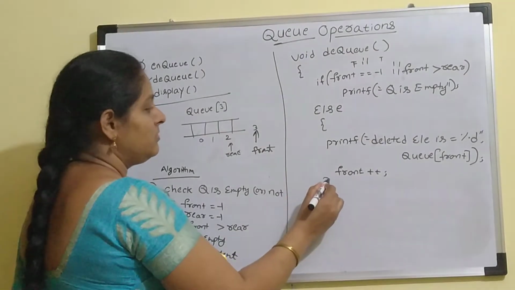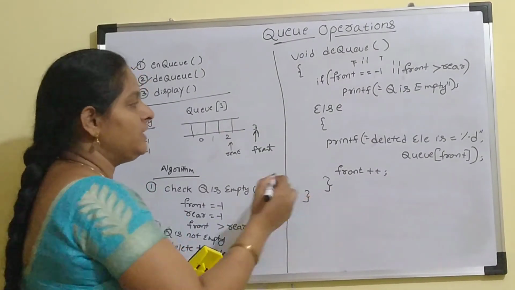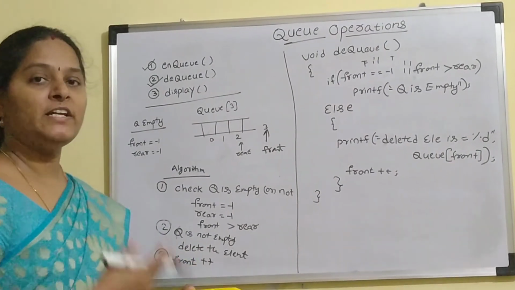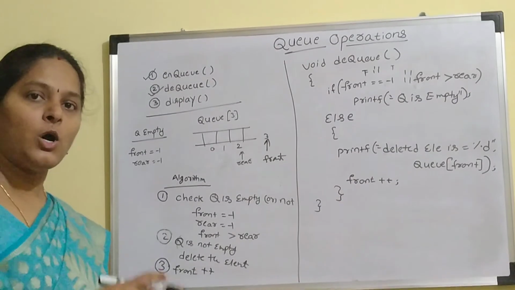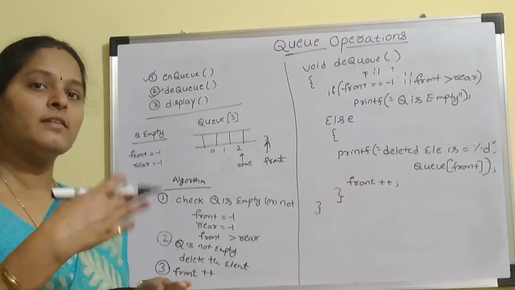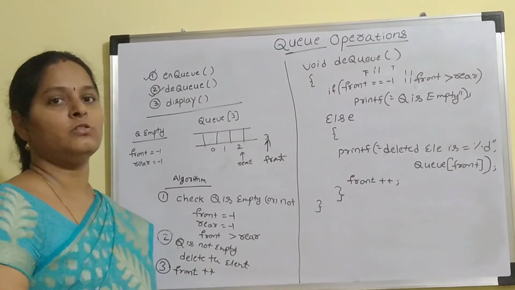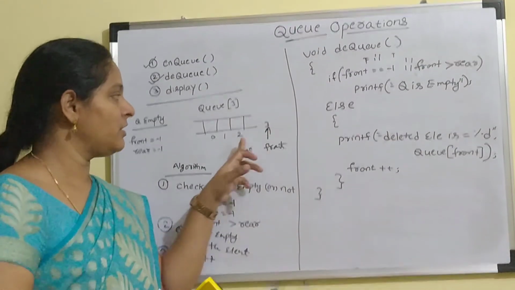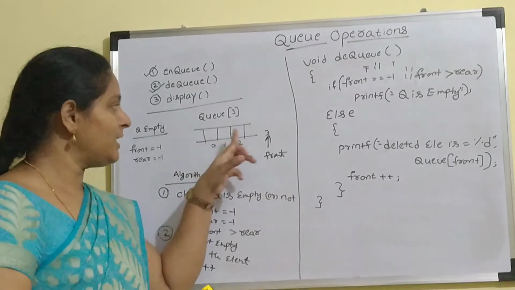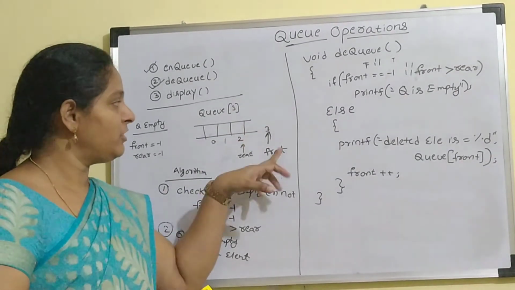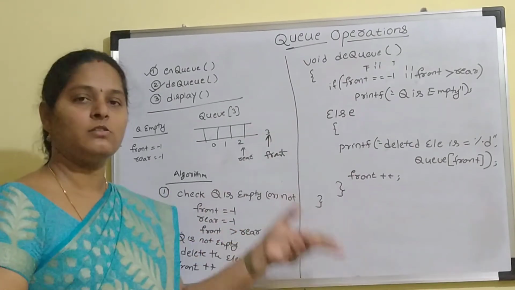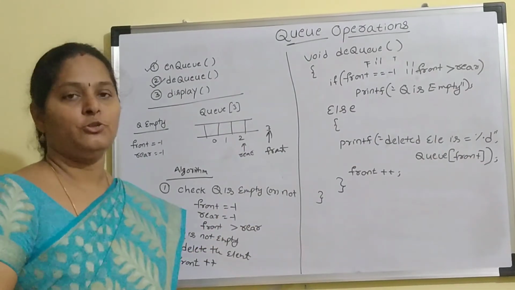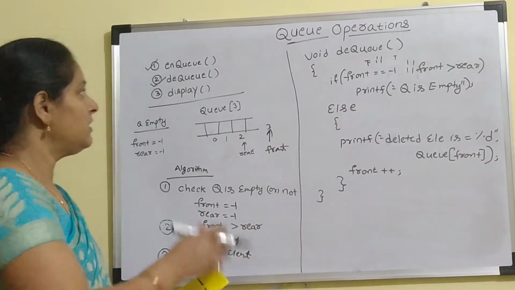Right? Now, so this is the way to delete the elements. So the Q becomes empty whenever the front pointer is -1 or whenever front value is greater than rear value. That situation also we can say as Q is empty. See, in this case, if front value is 3 and rear value is 2, there are no elements in the Q, right? That means if front value is greater than rear, that is also called the empty condition. So this is the way to write the DQ operation.